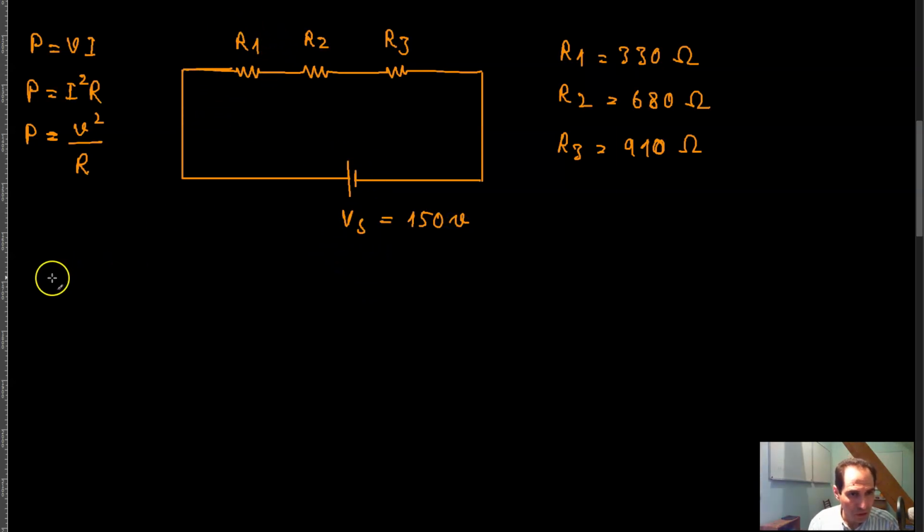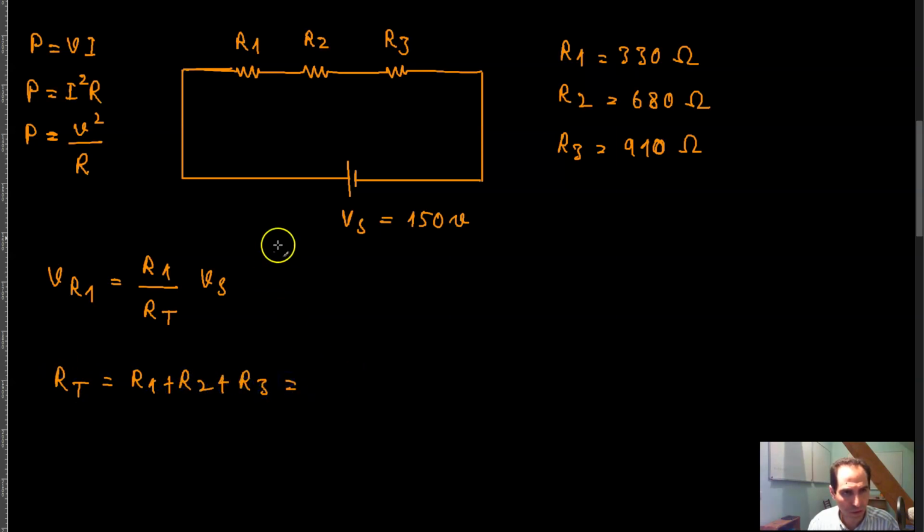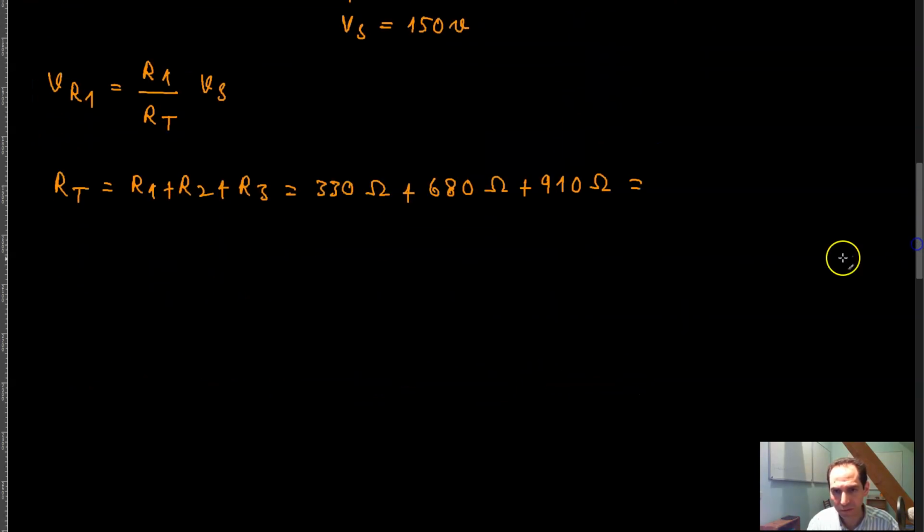So the voltage across R1, V of R1, in this circuit is equal to R1 divided by R of T times V of S. So we need to calculate R of T. Now R of T in this circuit is equal to R1 plus R2 plus R3, which is equal to 330 ohms plus 680 ohms plus 910 ohms,